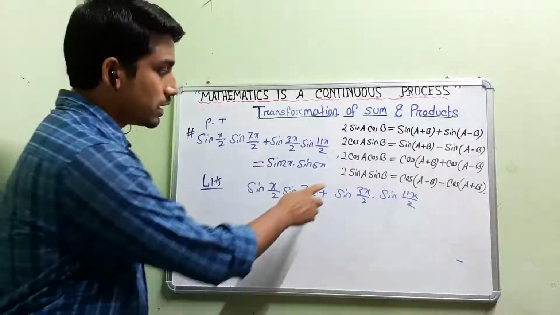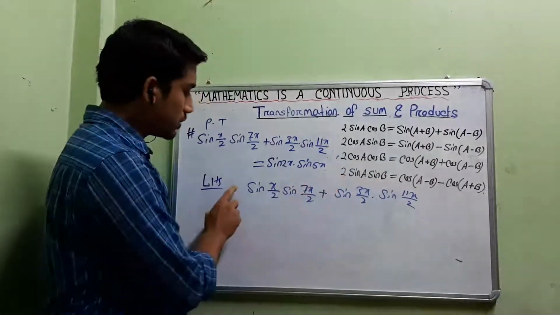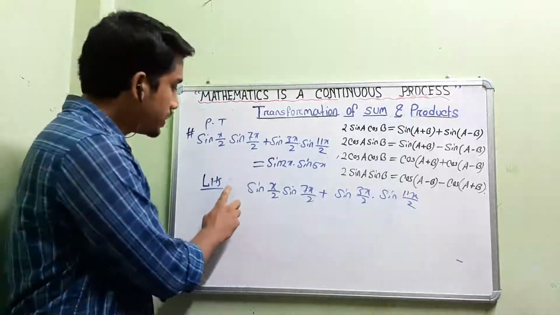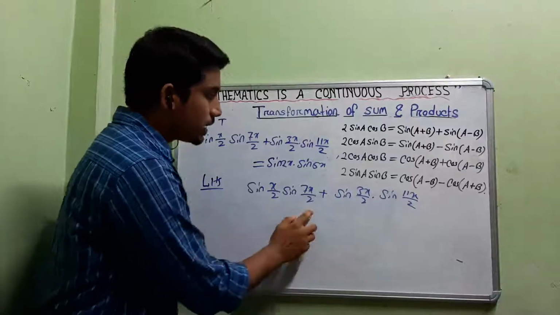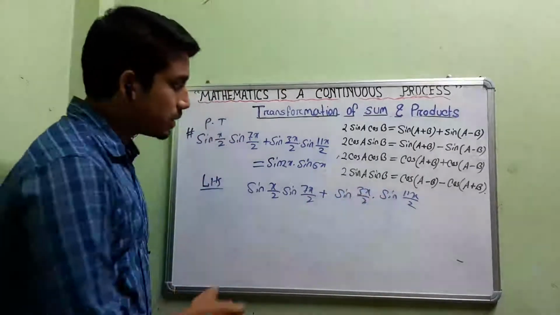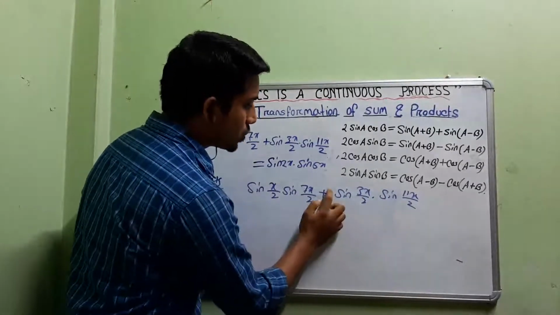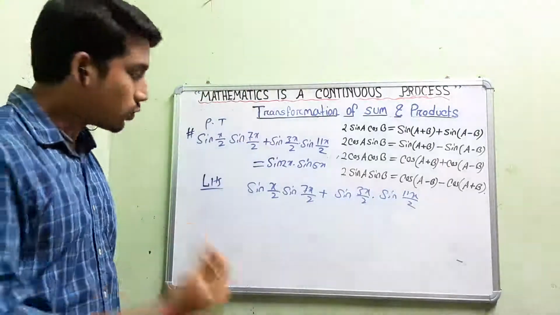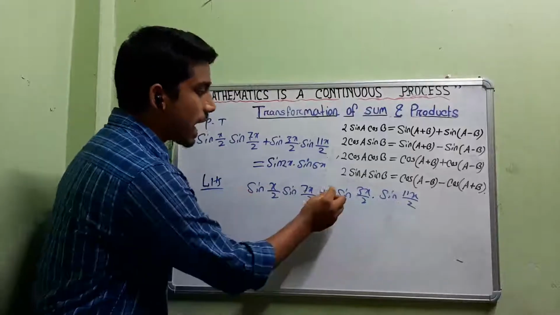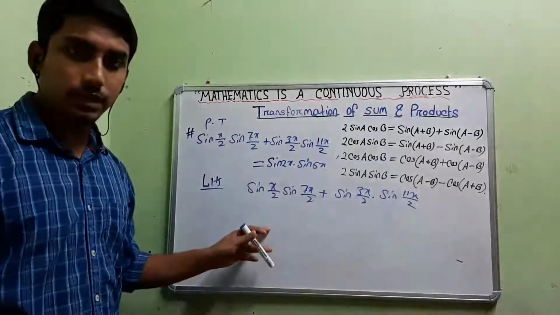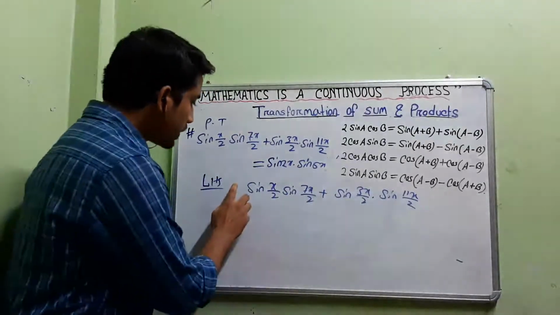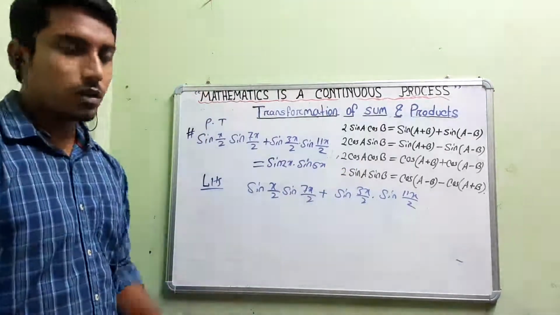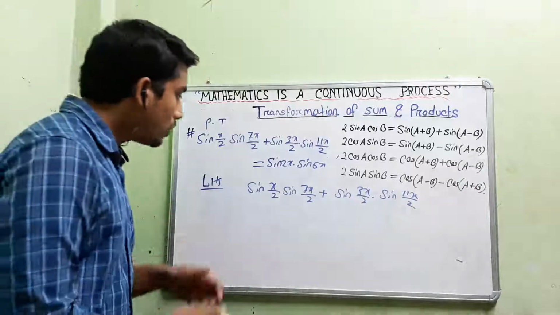But in the formula there was 2, and we don't have 2 here. That is the lag here. We need 2 here to make it the fourth formula. Similarly in the second part, we need 2 here to make it the fourth formula. So we need to introduce 2 in both the parts, isn't it? Then we can easily follow the fourth formula.